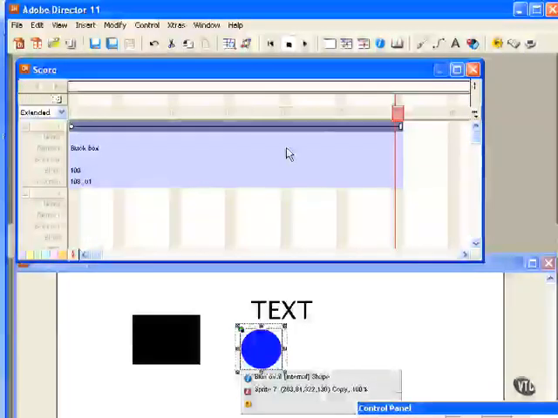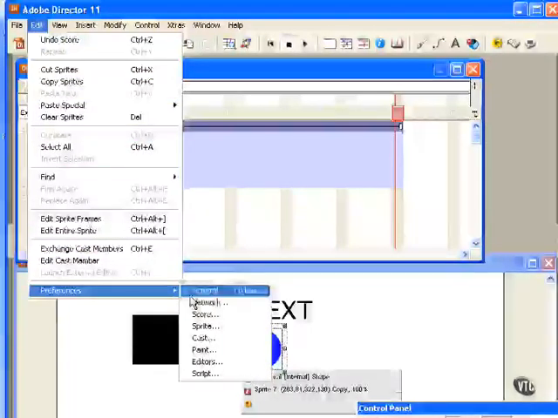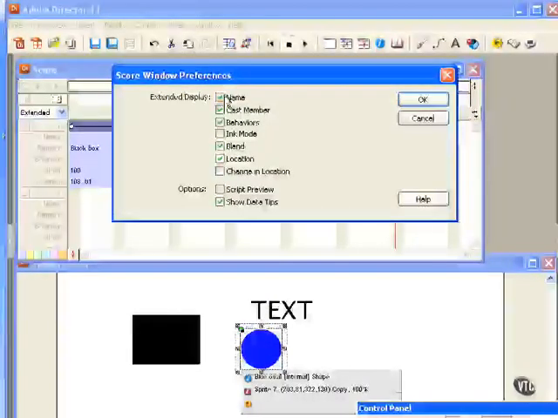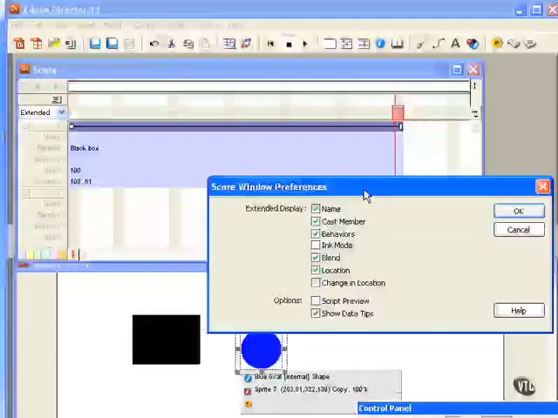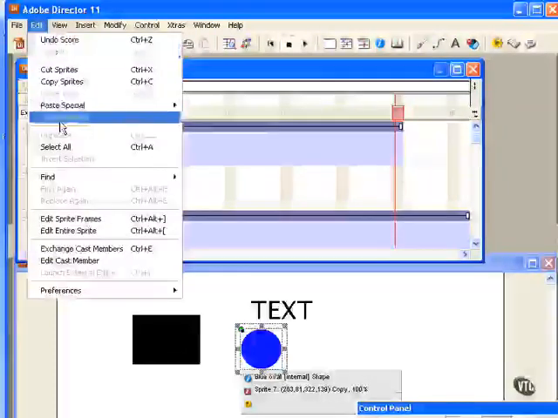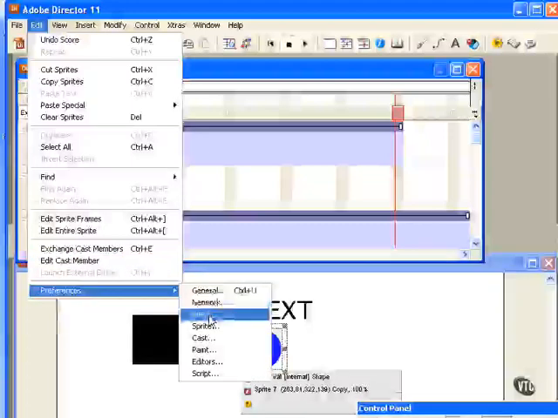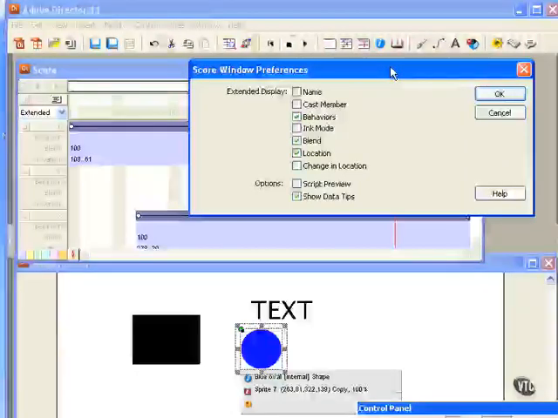in the extended version of the score by using the Edit Preferences score right here, and this will tell you, or you can determine what is actually displayed here in the extended display version of the score. Notice that I have name, cast member, behaviors. Let's turn off the name and cast member. Click OK, and notice that that information disappears from my extended display. Edit Preferences score. So you can see you have quite a range of settings for customizing how the score displays,